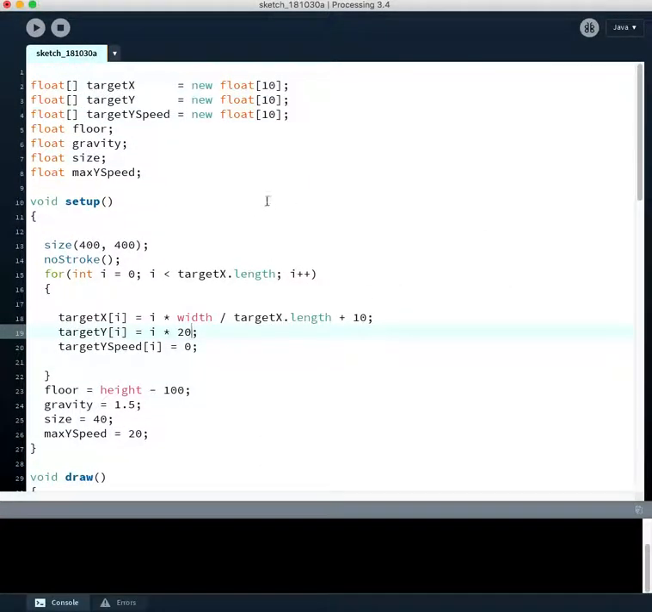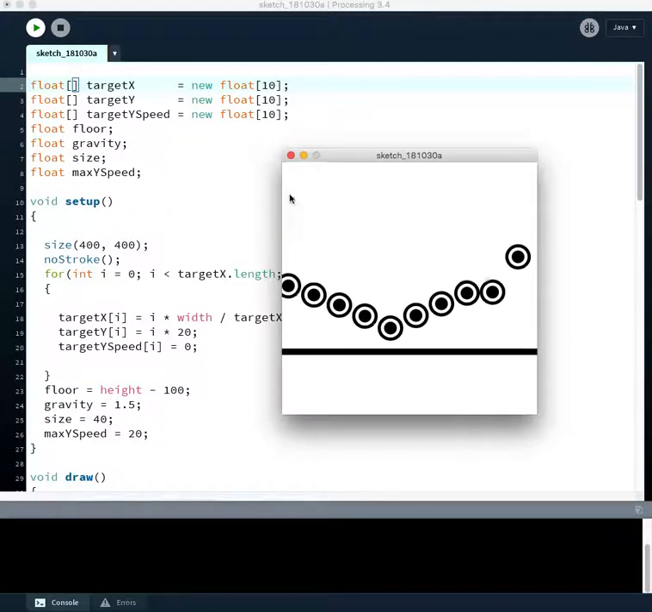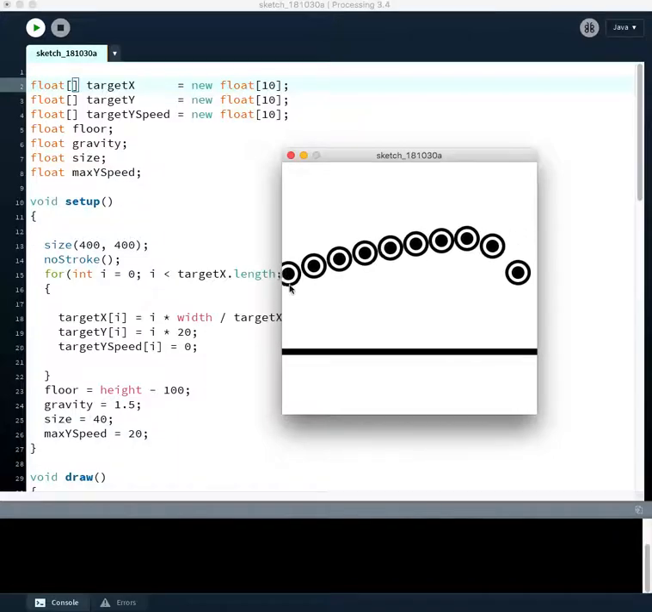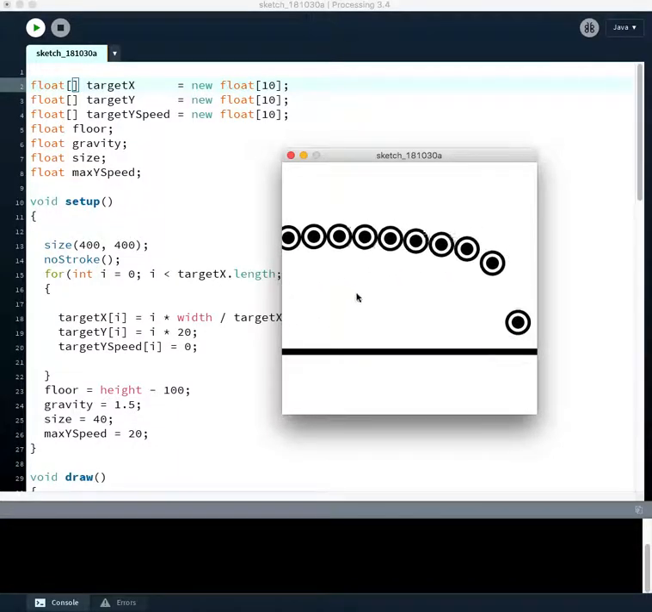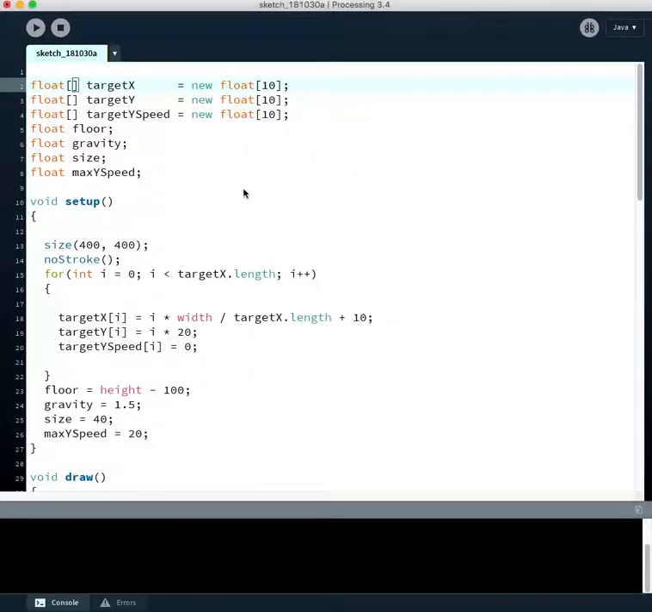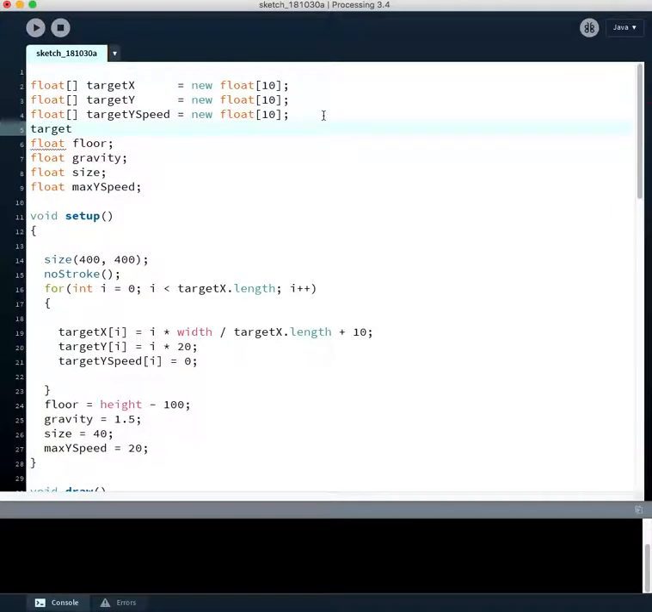And then the thing to remember is anytime you want to control an attribute individually, each target needs to have an individual container assigned to it. So right now, the item at index 0 of target X is defining this target's position over here. The item at index 1 is defining this, 2, 3, 4, 5, 6, 7, 8, 9, 10. So if we want them to bounce side to side, we just need to have a targetXSpeed array of